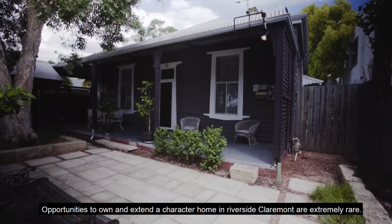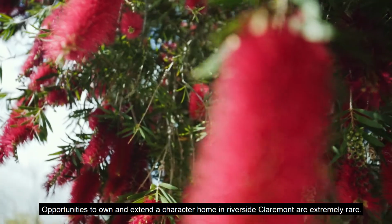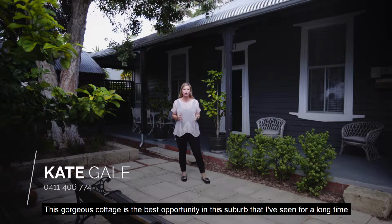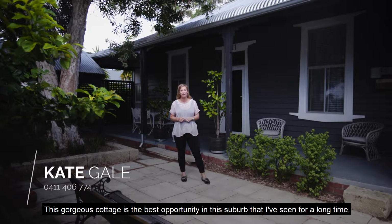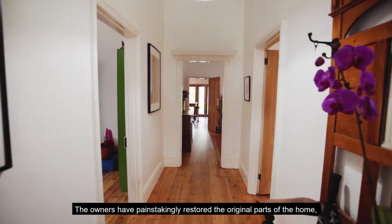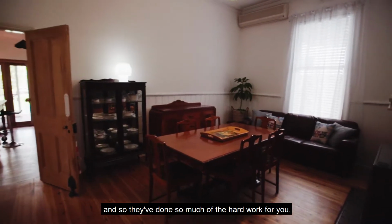Opportunities to own and extend a character home in Riverside, Claremont are extremely rare. This gorgeous cottage is the best opportunity in this suburb that I've seen for a long time. The owners have painstakingly restored the original parts of the home, and so they've done so much of the hard